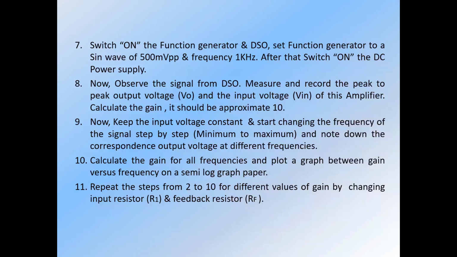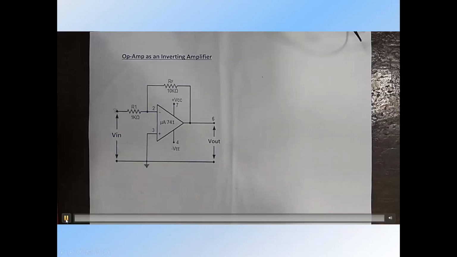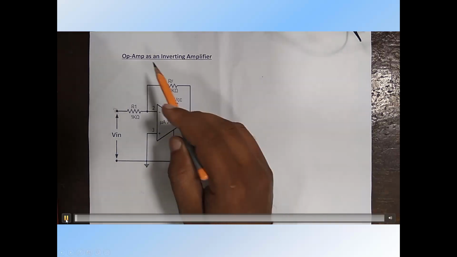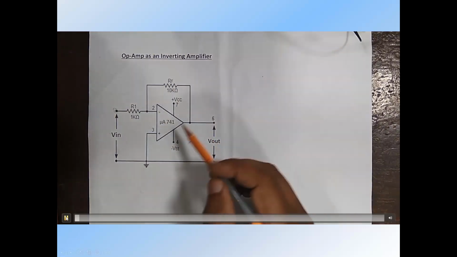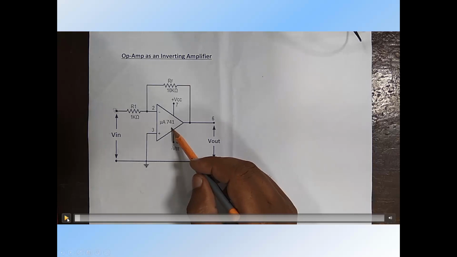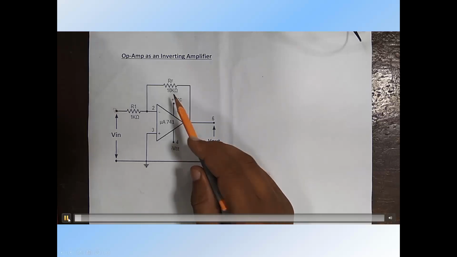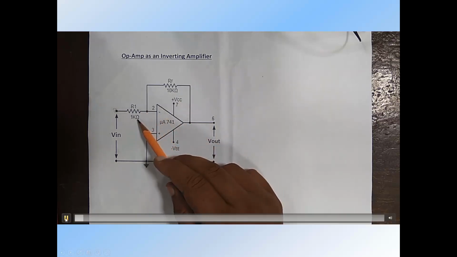Repeat these steps from 2 to 10 for different values of gain by changing input resistor R1 and feedback resistor RF. This is the circuit diagram of op-amp as an inverting amplifier. First of all, arrange all the components which are required to make this amplifier. For this, we need IC 741, two resistors RF and R1,